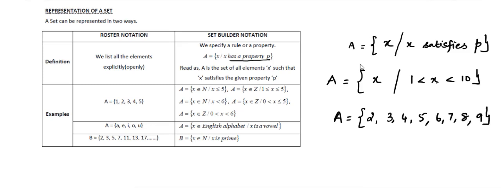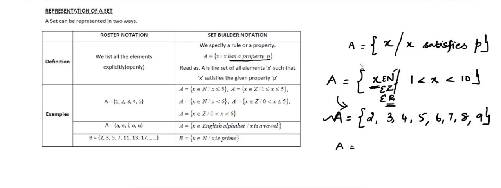You must check out initially where this x belongs to. Here they didn't mention x belongs to natural numbers, or x belongs to integers, or x belongs to real numbers. They didn't mention anything. If they are mentioning it only, then it is right. If they are not mentioning, you could not proceed to the next step at all. See, this is correct for x belongs to N and x belongs to Z. X belongs to N means natural numbers and x belongs to Z means integers. If I am giving these two options, whatever you have written is correct,